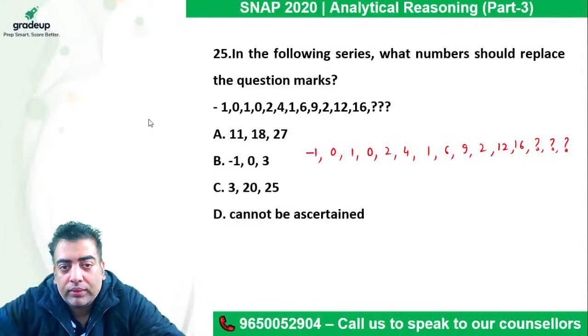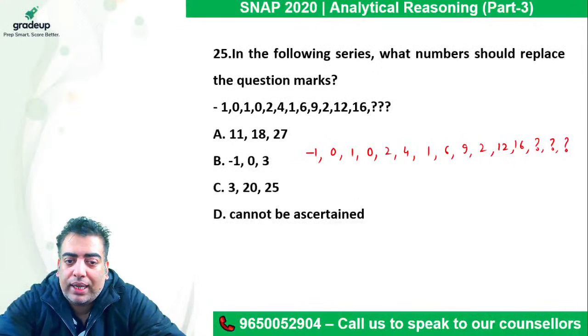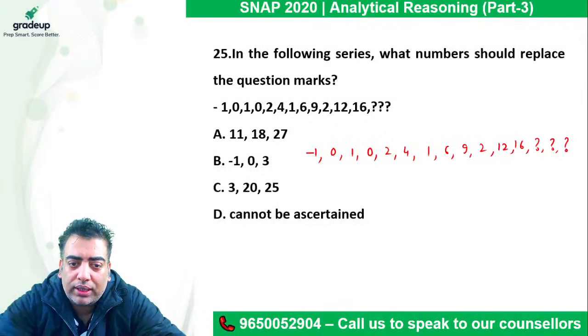All right. So in order to observe the same, first of all we should keep in mind how many series there can be. It can be a combination of 2 or 3 series. All right. So let's see what comes out.